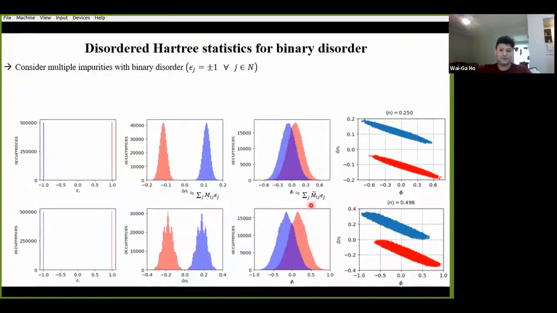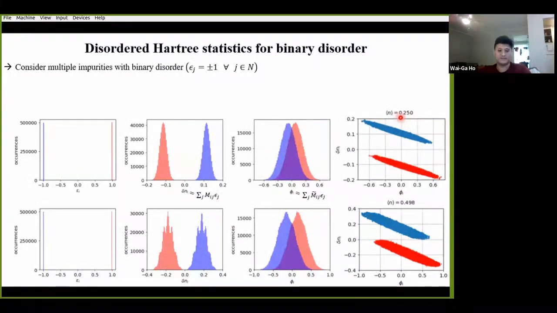First, we can recall our disordered Hartree relationships, which represent delta n and phi in terms of their linear response functions. All right, so now let's consider an example where things are only weakly screened. In this case, impurities farther away from me can have more of an influence on me locally and make sizable contributions to my sums here. So if I'm summing more and more random terms, at some point the central limit theorem is going to kick in and produce the Gaussian statistics that we see in this more weakly screened regime, represented here by the quarter-filled case.